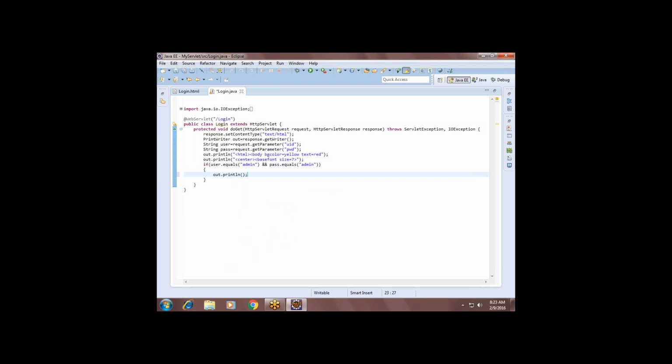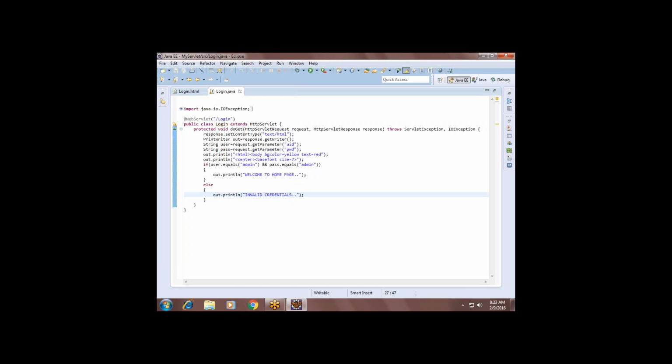out.println welcome to servlet, or welcome to home page. Did it or not? If the credentials are wrong, a different message has to be printed: Invalid credentials.